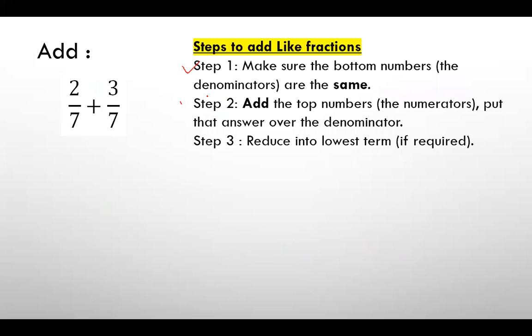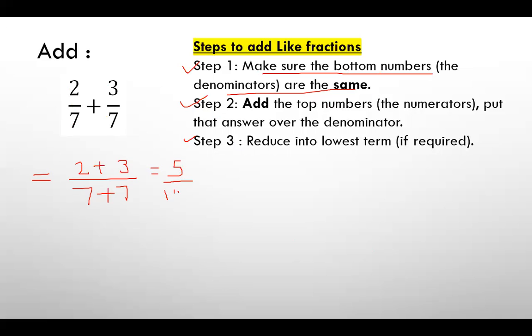Here we have to follow the steps while adding the fractions. The first step is to make sure that the bottom number, the denominator, should be the same. So how do you add 2 by 7 plus 3 by 7? Firstly, you put the equals sign. Then we make sure the bottom number is the same. Suppose you add 7 plus 7 and you add the numerators 2 plus 3, it will become 5 by 14. So this will be wrong. It means that we are not sharing the denominator. Fine, this will be wrong.